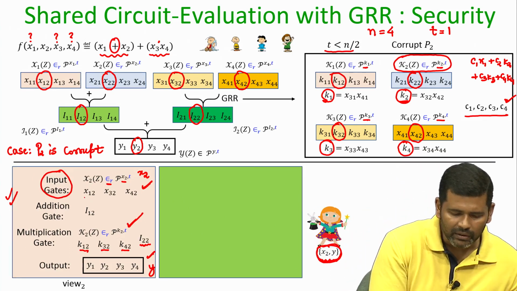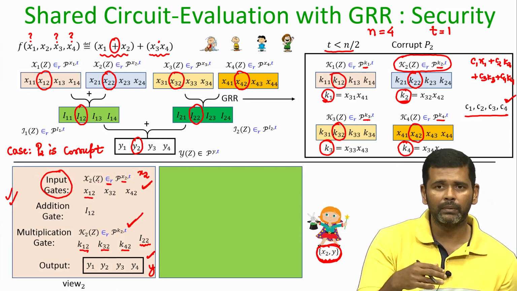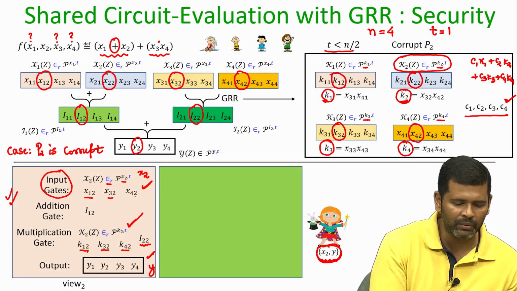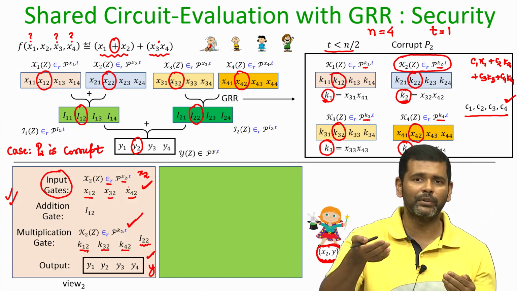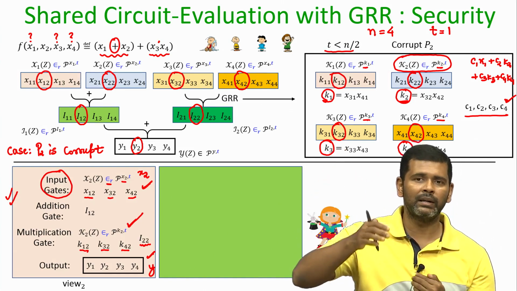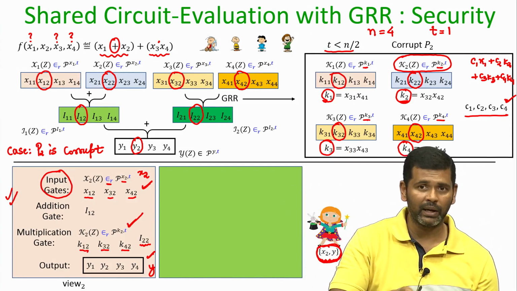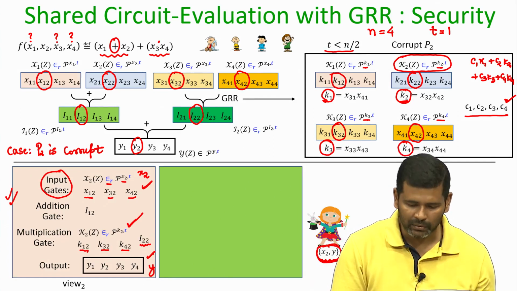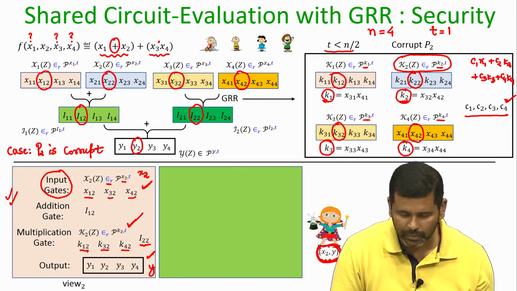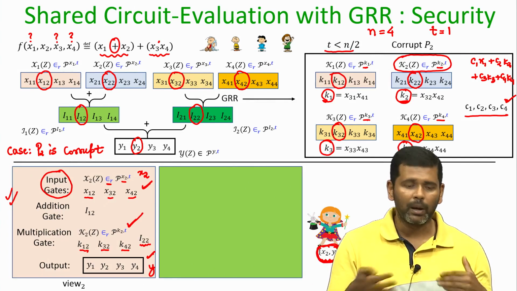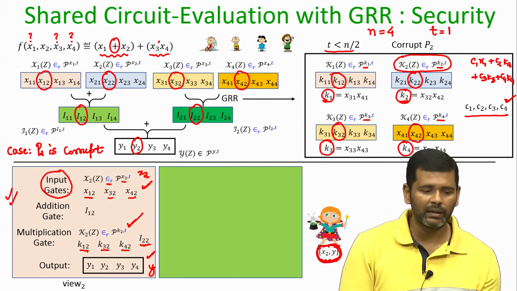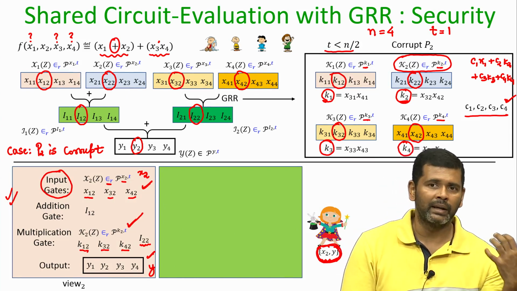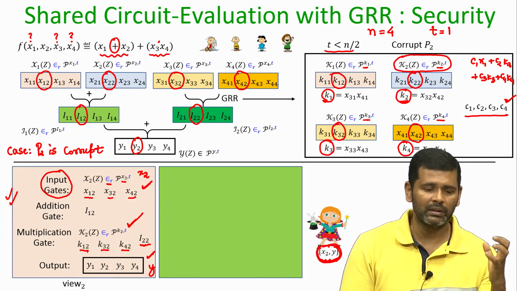In the same way, it is not the case that if P2 gets corrupt for every execution of the protocol, it will see the same values of x12, x32 and x42, because they are random shares picked or computed by the other parties and communicated. That is why, as we have discussed earlier, the view is always a random variable. So, the goal of this simulator will be to produce a view whose probability distribution is identical to the real view, view 2,